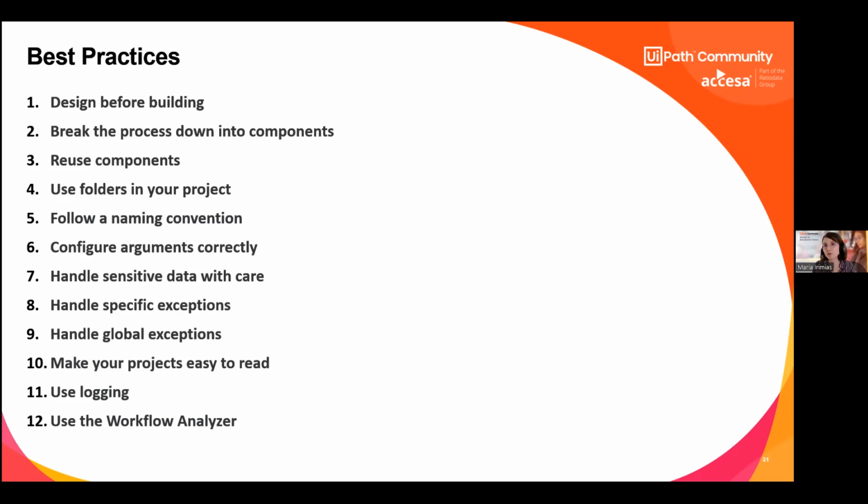For example, when you are in production and you do not have access to debugging, and you have your robot failing for some kind of problem, use the logs to get all the relevant information regarding all the critical moments from the automation. And yes, what was provided by UiPath in the last edition was the workflow analyzer.